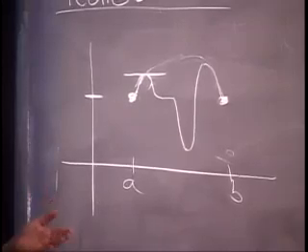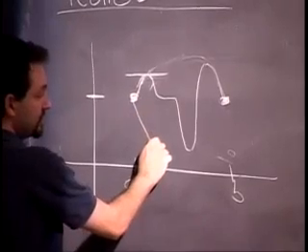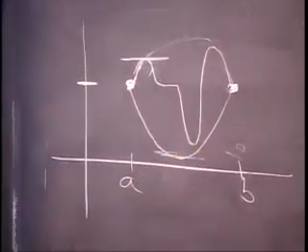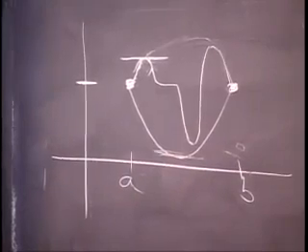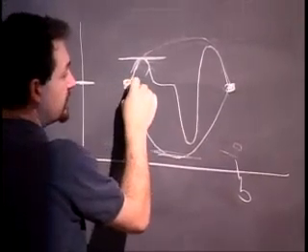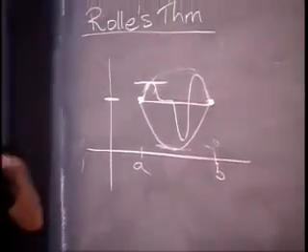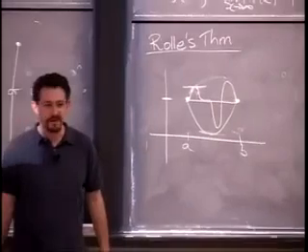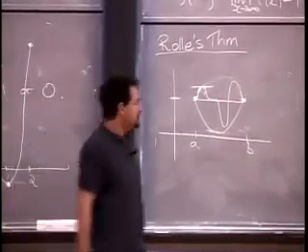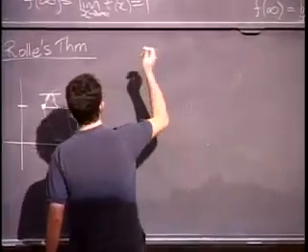Of course, it doesn't actually have to go up. Maybe it starts off by going down. Well, of course, if it goes down, it has to go back up somewhere, and there will be a point where the derivative is 0. The only other possibility is maybe it never goes up or down and just stays at the same height. Well, if it stays at the same height, it's constant, and its derivative is 0 everywhere. So basically, that's not a proof, again, but it's a good heuristic rationale, if you like, for why